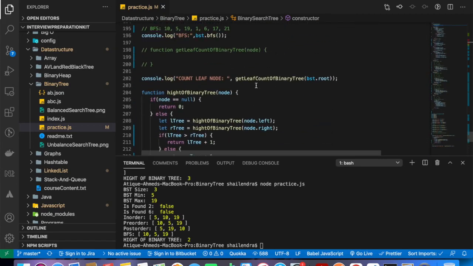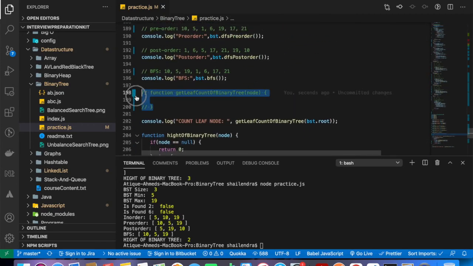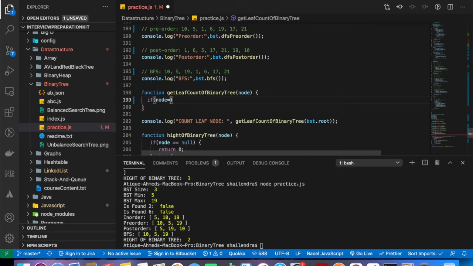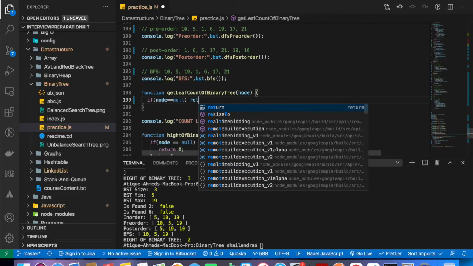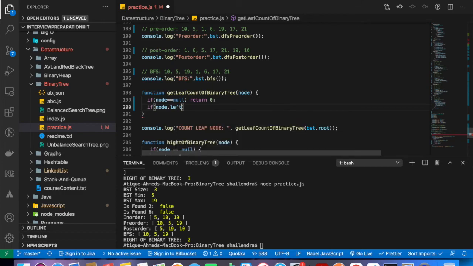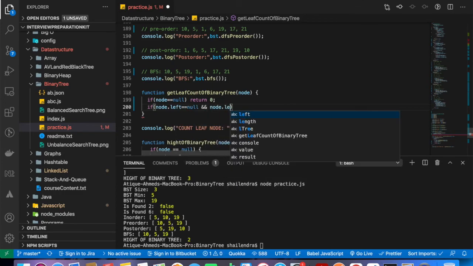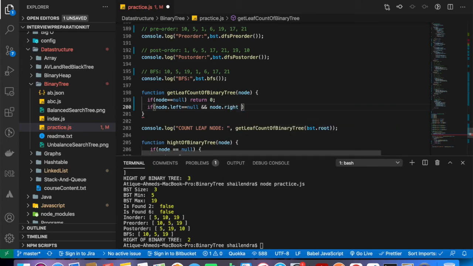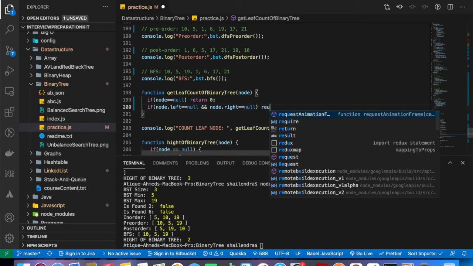All right, so let me uncomment this function, and I can say if your node equals null, then return 0, and if node.left equals null and node.right are both null, then I can say return 1.